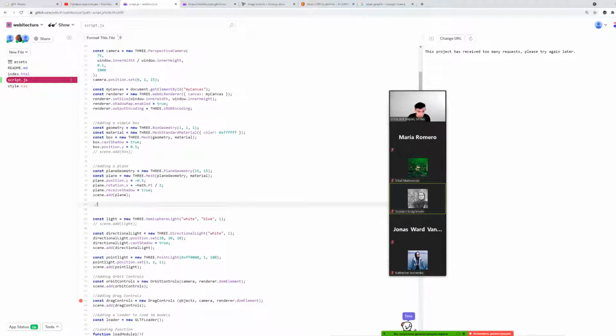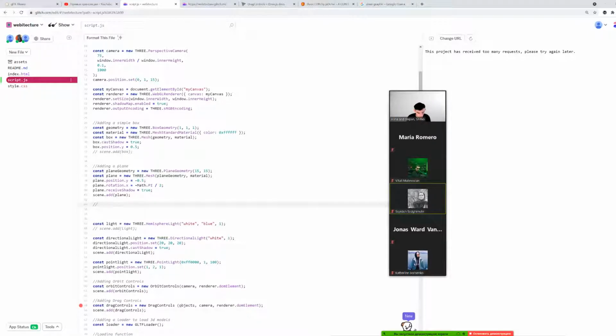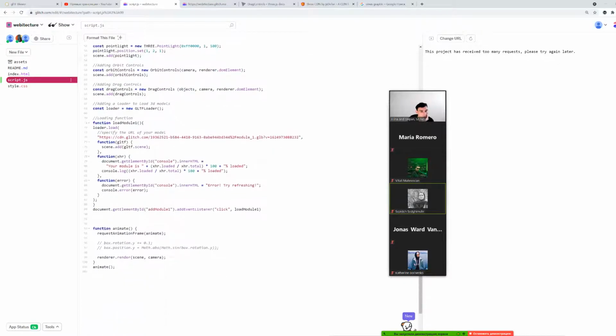All right. Here we create an array to store all the 3D objects we add. Okay, and we name this objects array just like that, and we're gonna say let objects be a new array. All right, then